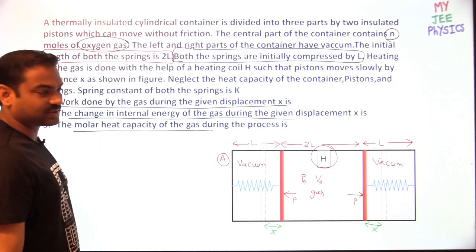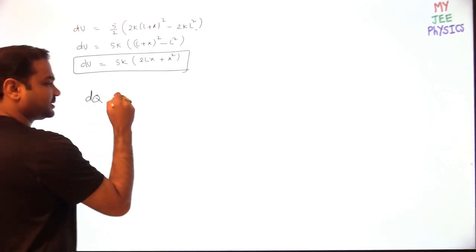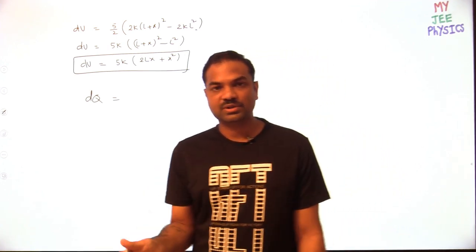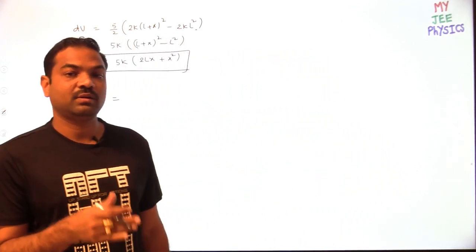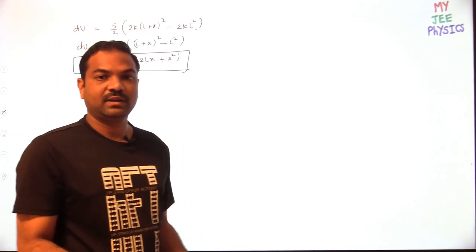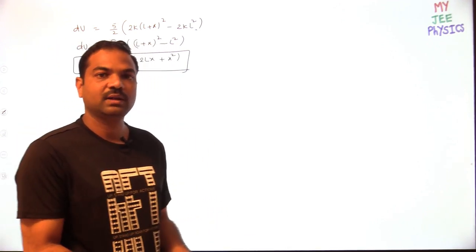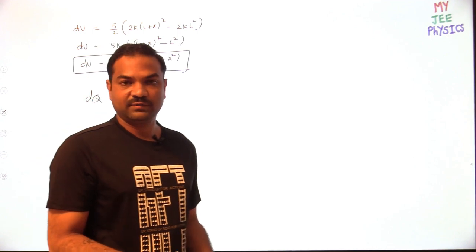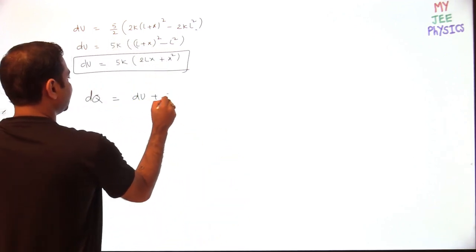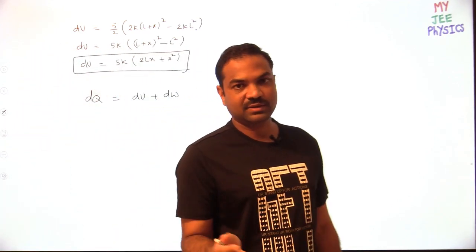Molar heat capacity of the gas. Molar heat capacity of the gas is nothing but C. If the process is at constant volume, directly you can write CV. If the process is at constant pressure, then you write CP. If it is any other process than CP and CV, apart from isothermal and adiabatic, any other process that is polytropic, then the C value you can find out by using dq. dq is equal to du plus dw, the first law of thermodynamics, and you can ultimately find the C value.